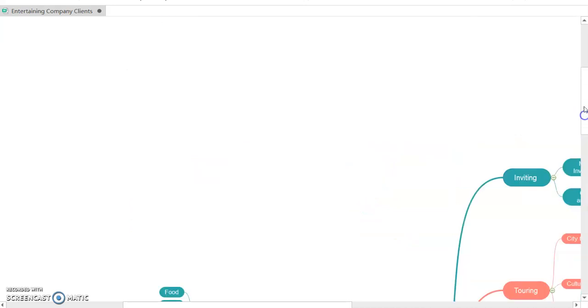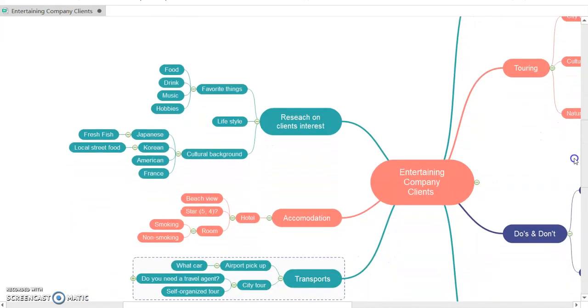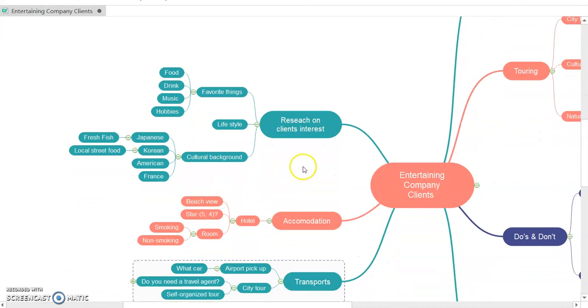Before you entertain your client, you will need to have a good understanding of who you are dealing with. So you need to do a little research, try to find some information from the internet, maybe from your boss, maybe from the people who are dealing with the visitors, and then you need to know what someone's likes and dislikes.